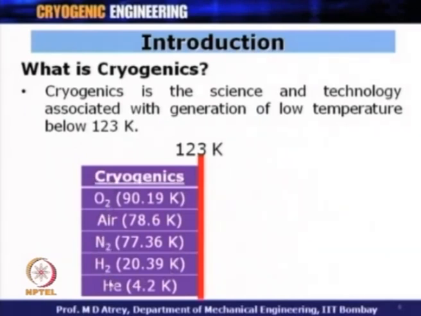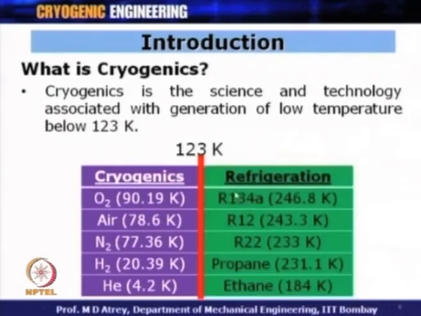I have got different gases which have their boiling points below 123 Kelvin, and on the right side of this dividing line, I have got a process called refrigeration, where all the refrigerants have their boiling points above 123 Kelvin. So, here I call it cryogenics below 123 Kelvin. Sometimes this could be 120 Kelvin. Some people define below 92 Kelvin also. So, one can have various definitions of cryogenic range or cryogenic temperature. So, below 123 Kelvin, what I call cryogenics, and above 123 Kelvin, below the room temperature, what I call